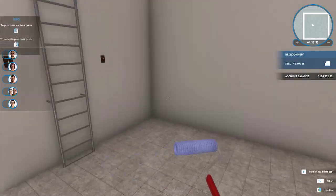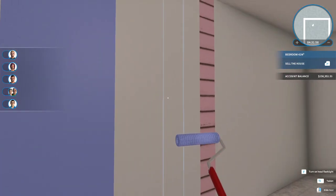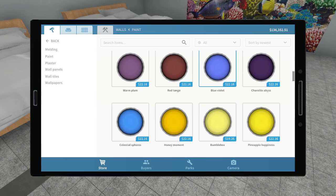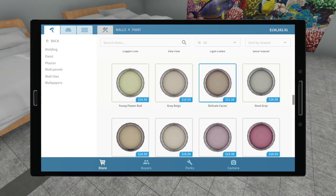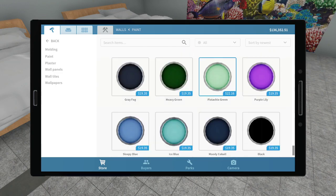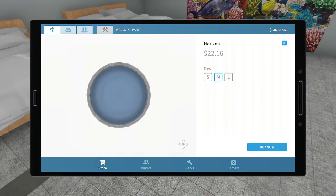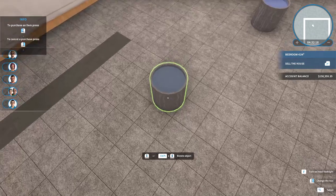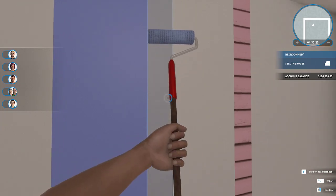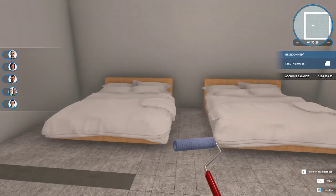So the other thing I have to remember is the whole. Okay, so that's definitely more than I would want. I was looking for something like, now Horizon always comes out darker than I think it's going to, I believe. Maybe I'm wrong. I'll try it because it's the only light blue we have. But I think it's kind of muddy. That's what I remember being an issue. Yeah, that's not the kind of blue I want. So it's definitely toned down, but